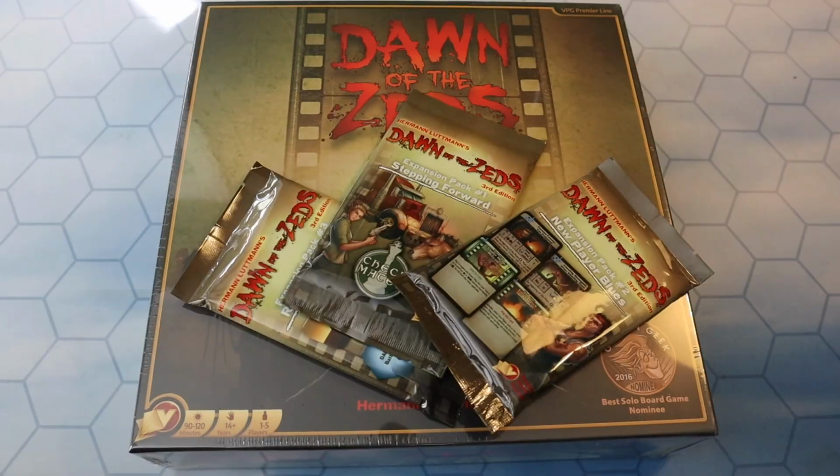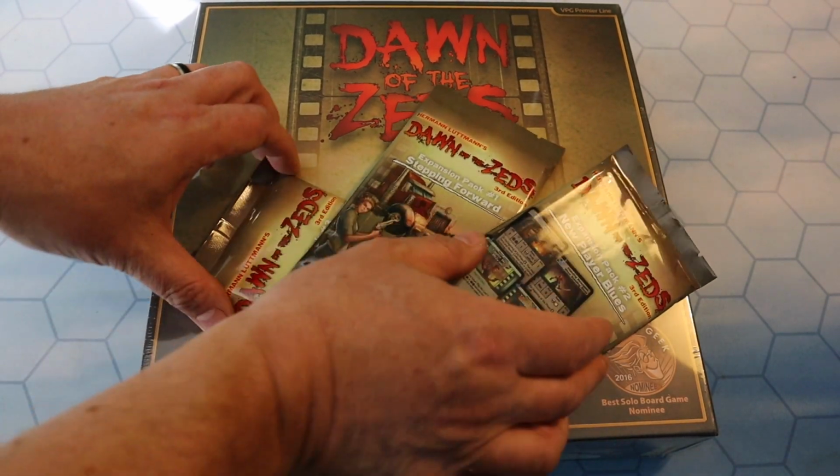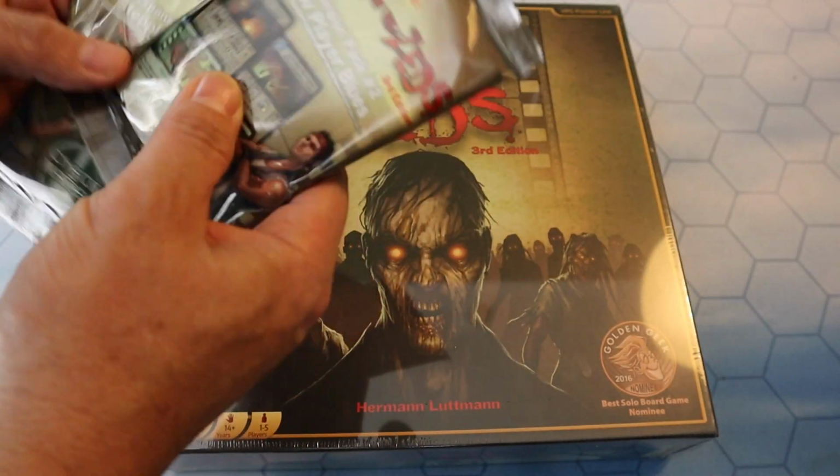So I thought what I'd do is do a quick unboxing video to show you what you get inside Dawn of the Zeds 3rd edition by Victory Point Games. So come on, let's tear this box open and see what guts spill out of there. So here we go. As you can see, I've got the 3 expansion packs, which come in these kind of